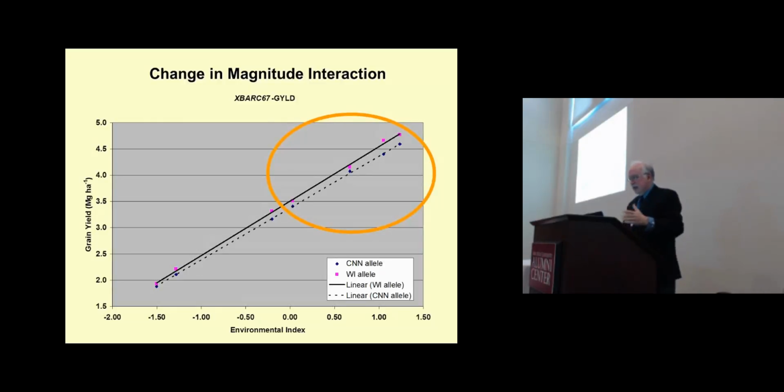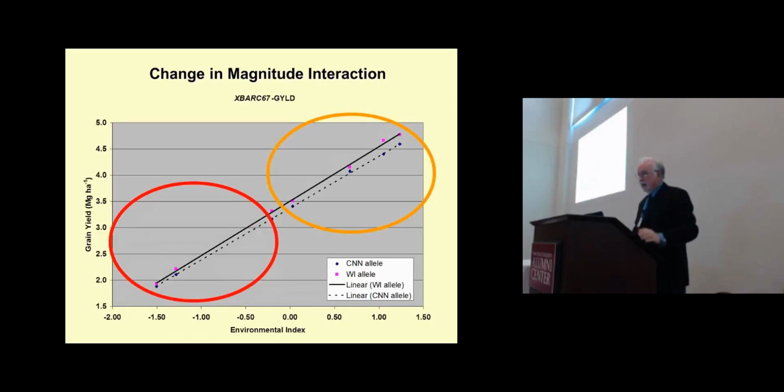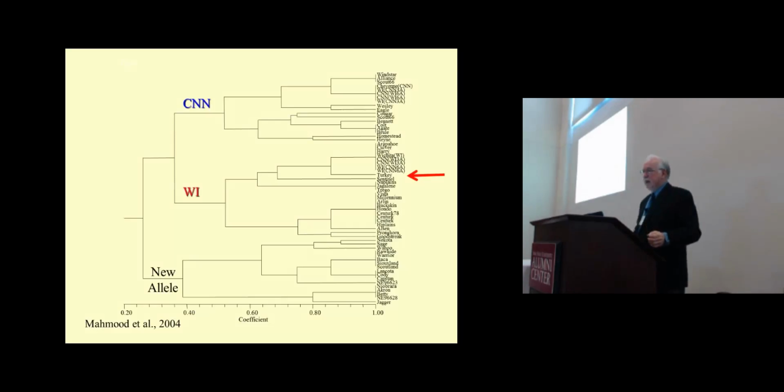Basically this is using an environmental index. If you go further out the X or the Y, the higher the yield. As you come back, it becomes lower yields. So in the high yielding environments, that's where the QTL has its greatest effect. In the low yielding environments, it has less of an effect. So you never lose anything, but it becomes relatively less important.